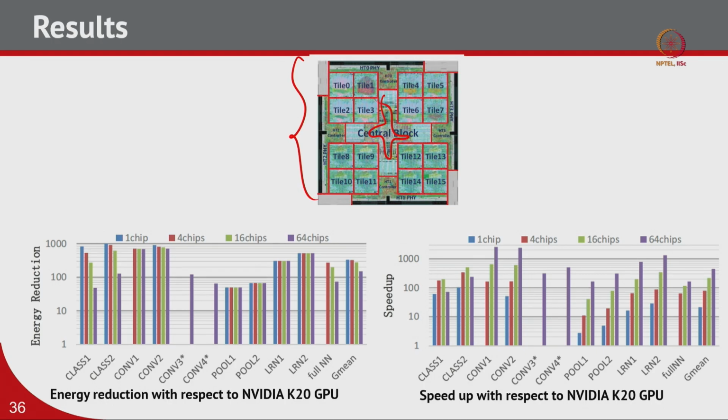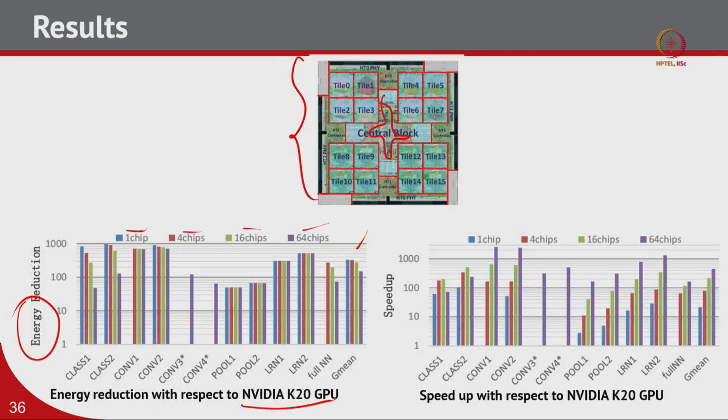One interconnect is connecting all the tiles, where there is some data movement between the tiles, and then there is another fat tree interconnect which is connecting the EDRAM buffer with the tiles. Okay. Now, these 2 figures are showing some results, for 1 chip, 4 chip, 16 chip or 64 chip. When they say 64 chip, that means they are integrating 64 DaDianNao chips. Okay. Now, as you can see, this particular figure is showing the energy reduction with respect to the NVIDIA K20